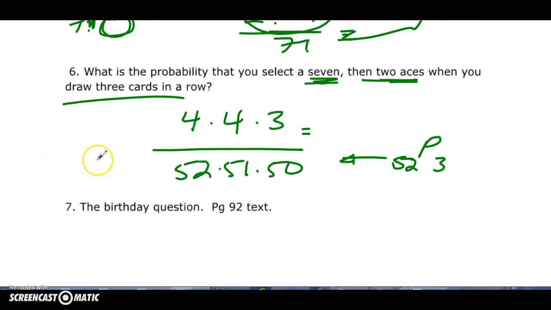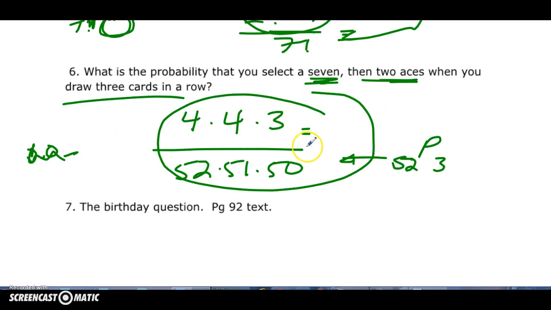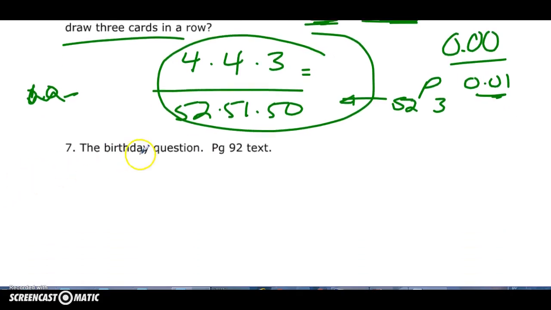Now, some of your answers, guys, I know I've been saying round to the nearest hundredth or the nearest percent. Some of your answers will be less than that, right? So I'm not sure what this one is exactly, but a lot of times you're going to get a lot lower numbers. So just be aware of that, right? If you've been rounding the whole time, you're going to be rounding a lot to 0.00 or 0.01. Okay, so just be aware that these questions here, you're going to have to change the standard of how we do this, okay? And the birthday question, that's a great question on page 92. We'll talk about that in class. Okay, hope that was good. And any questions, just